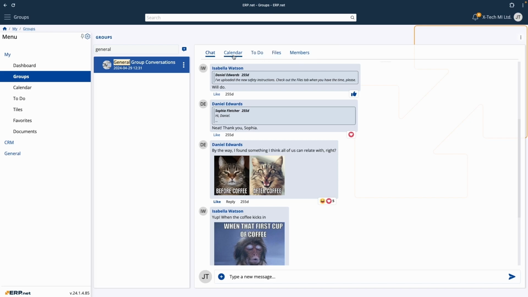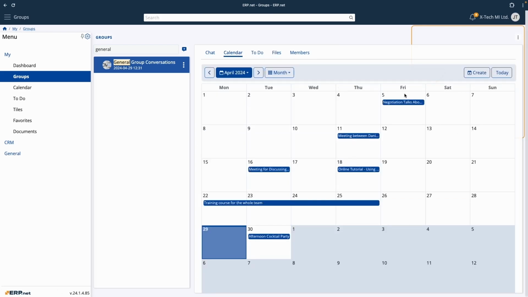The group calendar is your team's virtual event and activity manager. Its functions are identical to the personal calendar found under the My section. The calendar in a group, however, enables members to view and schedule events and meetings that concern the whole group. Such events and meetings are automatically shared with all teammates who are a part of the group and kept visible to them. The group calendar facilitates collaboration,